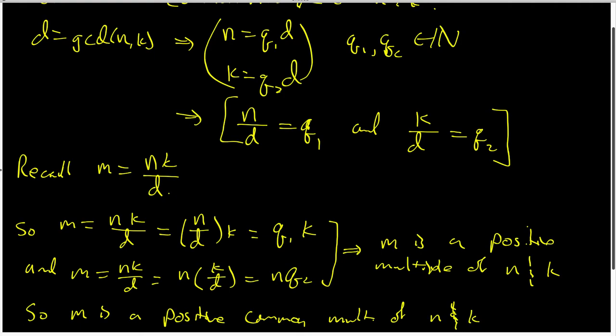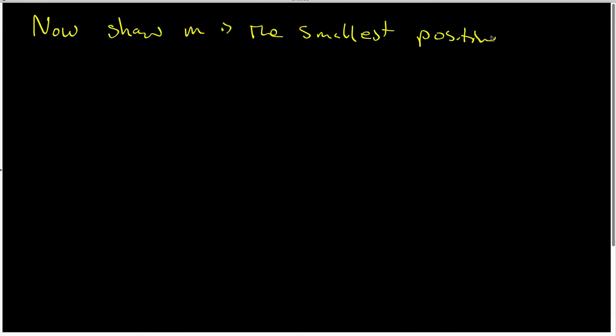Now we need to turn our attention to showing that m is the smallest of all of the positive common multiples. So we now need to show m is the smallest positive common multiple